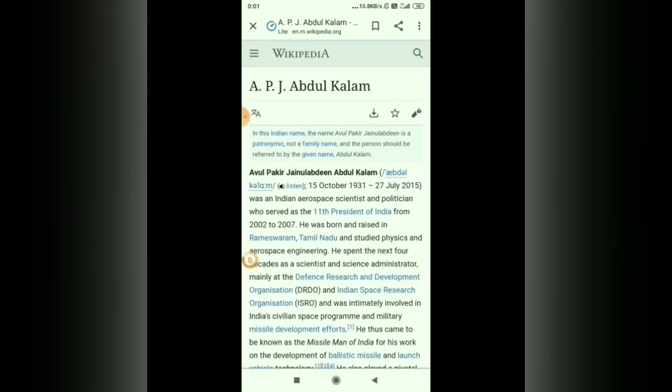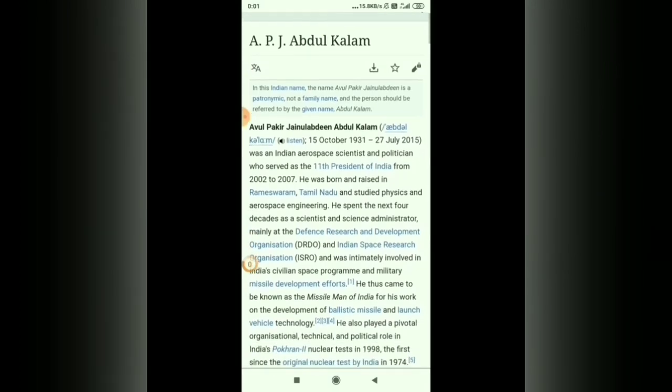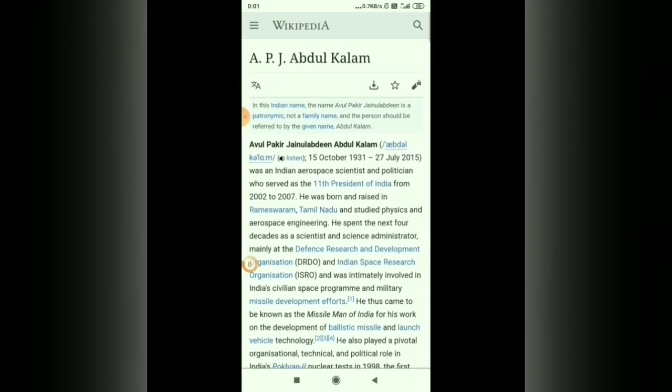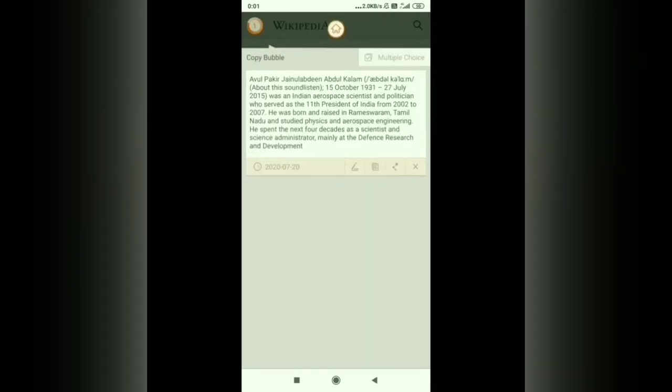Now the bubble count is 0. If we want to copy this paragraph, click and select it, and copy. Now the bubble count will become 1. The copy will be stored in the bubble like this.